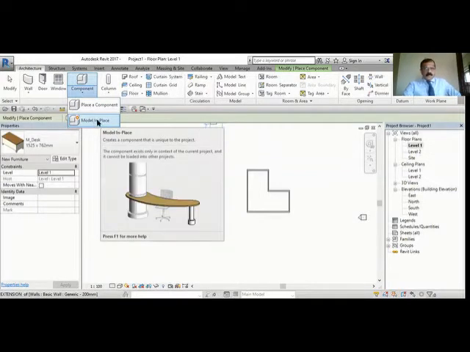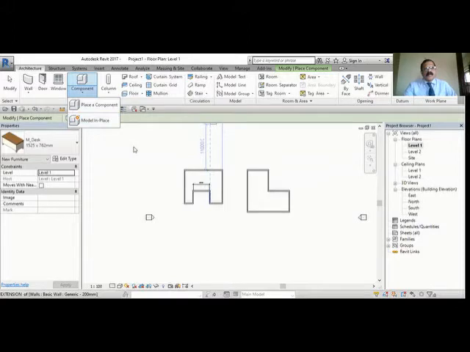This is very, very useful. The difference is that you can create some 3D models in the project itself, which you cannot bring from outside. There are some patterns you may have to prepare yourself in that particular project. So that is why we use the model in place. Okay, let us click that model in place.